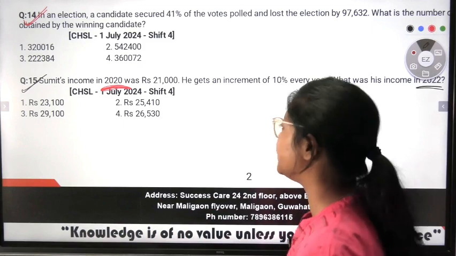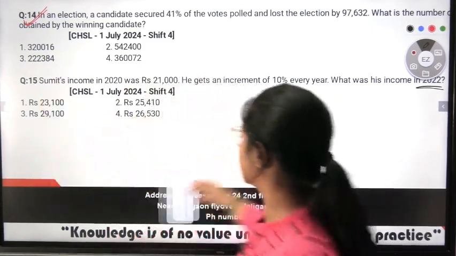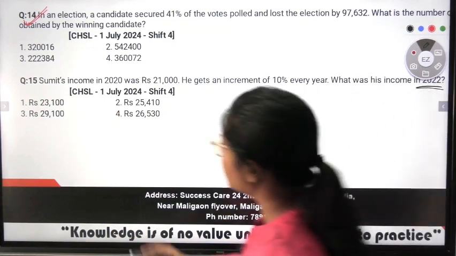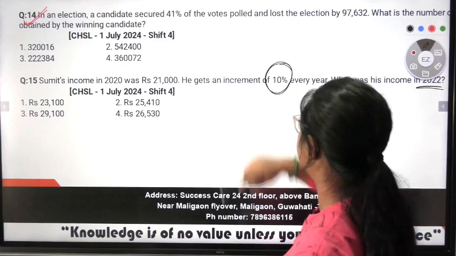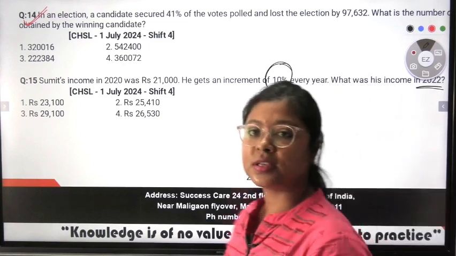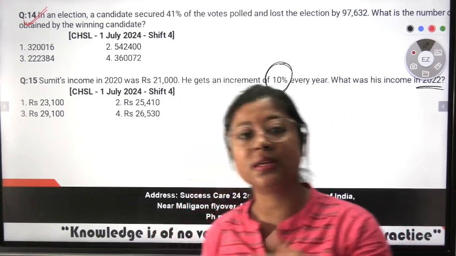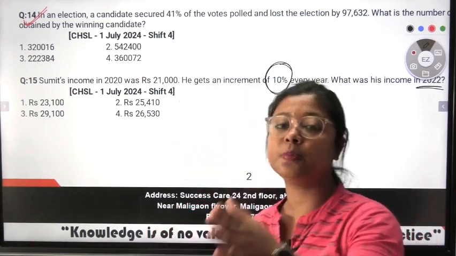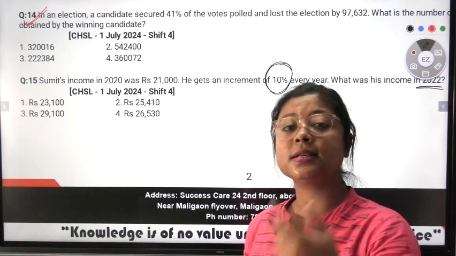Same question, same times. But let me teach you a short trick here. The short trick is, when there is a question that says 10% every year, so there is an increment of 10% every year. So if there is a question given as a 10% increase first then a 10% decrease, or 10% is increasing successively,